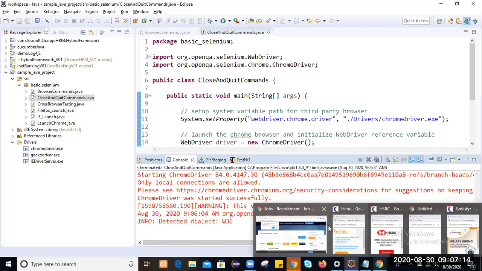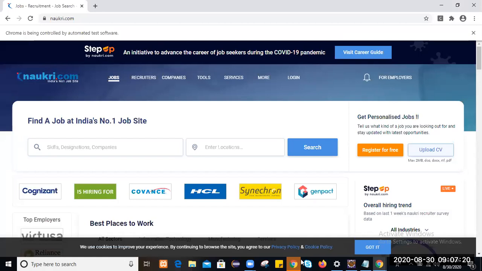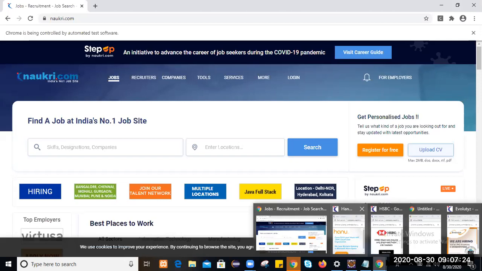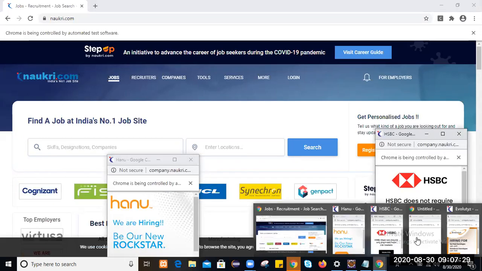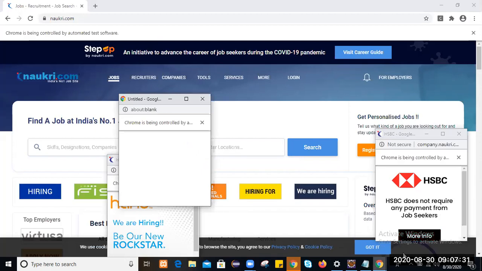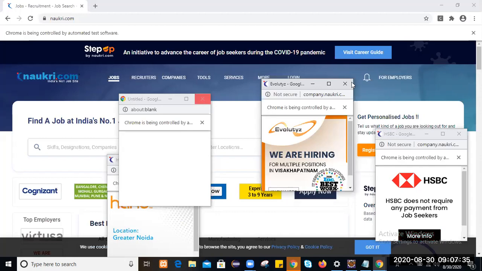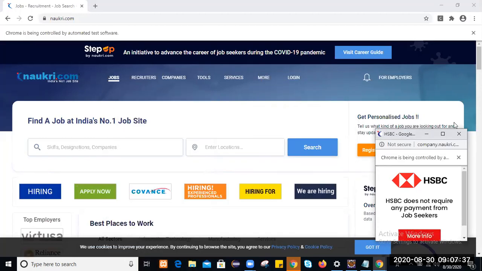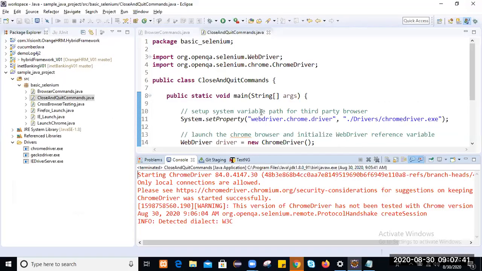You see, this is the parent window, and with this parent window it has opened four child windows. This is the first, this is the second, then the third one, and we have the fourth one. These are the four child windows it has opened. So let me close all of these manually. I have explicitly closed them.